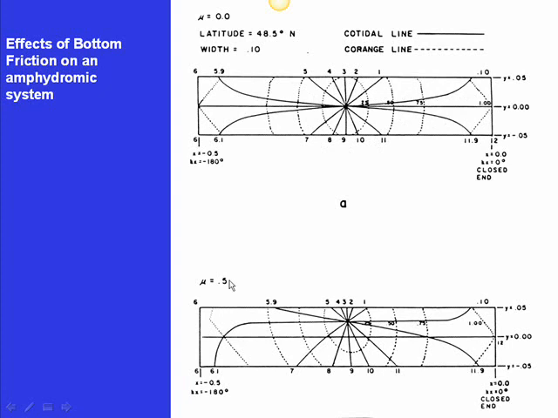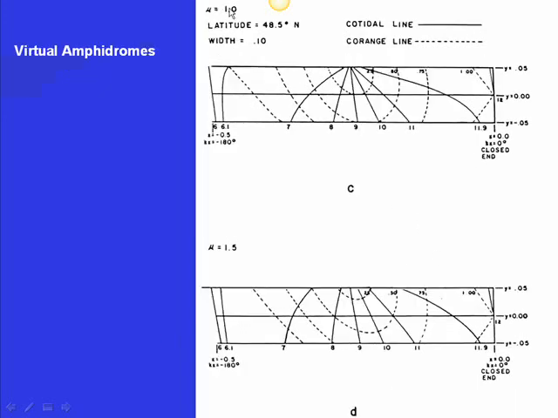Now, when friction starts to increase, the amphidromic point moves toward the left boundary. The left, as in with respect to the wave that enters. So that's the amphidromic point moving toward the left. And then as friction increases even more, you have what's called a virtual amphidrome, or virtual amphidromic point. The amphidromic point is located on land now. It's not on the water, but on land. And you have the convergence of co-phase lines like that, and the co-range line showing a minimum there. And even with more friction,